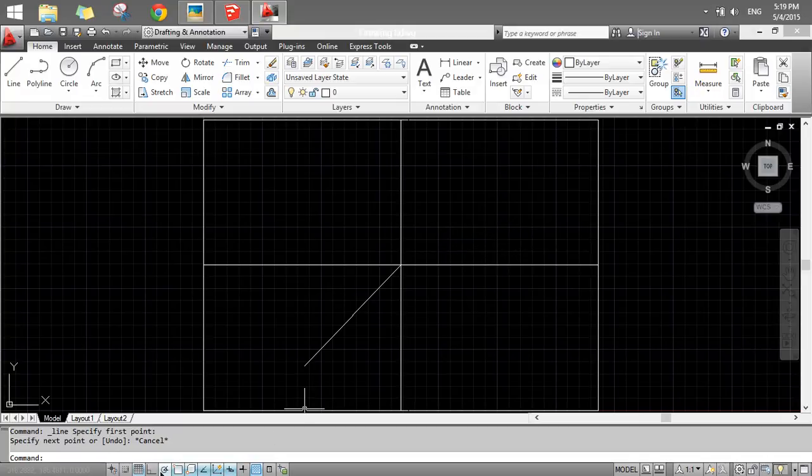make sure you have your ortho switched on, click on line, drag it, I'll type 5 as 50, again click on line, 20, line, backspace, 30, enter, line, drop it below, 10, enter, line, drag it in this direction, backspace, 10, enter,